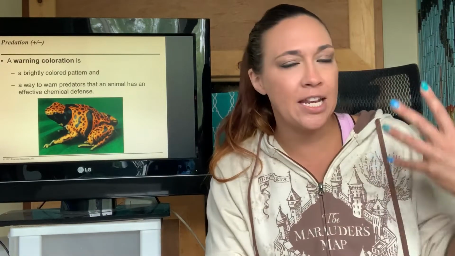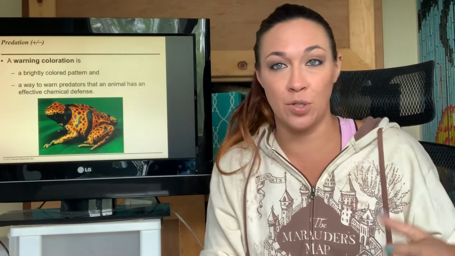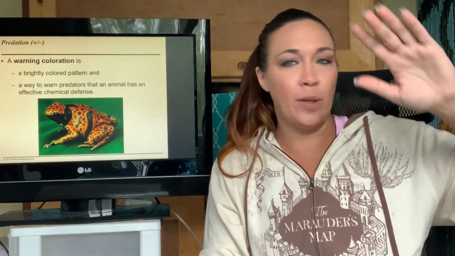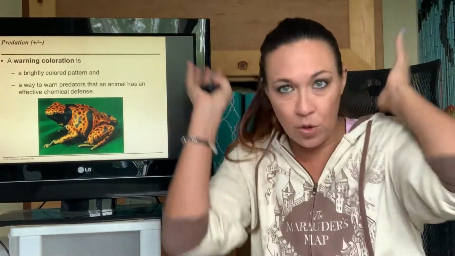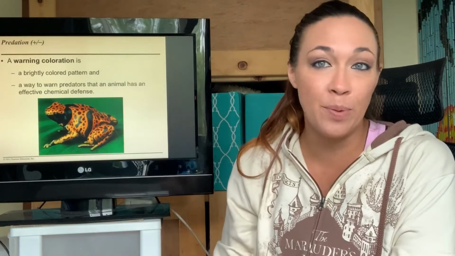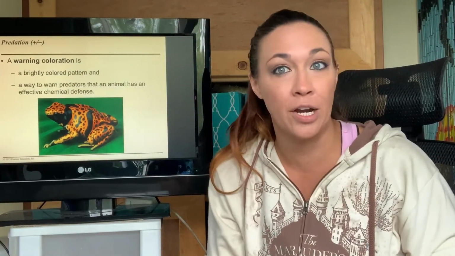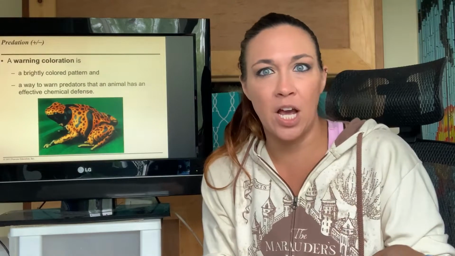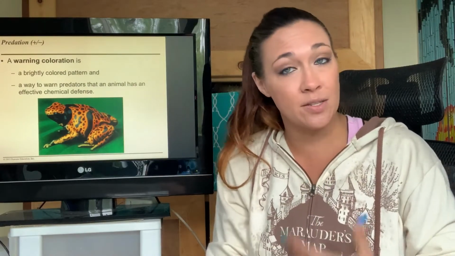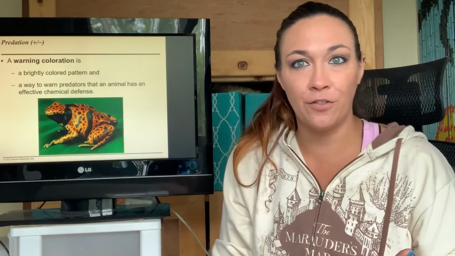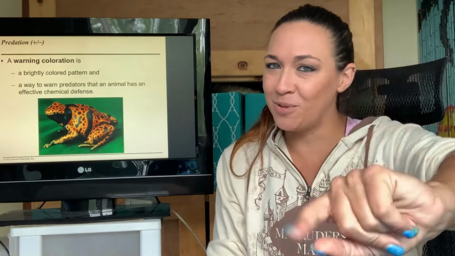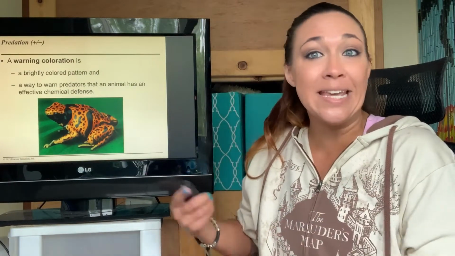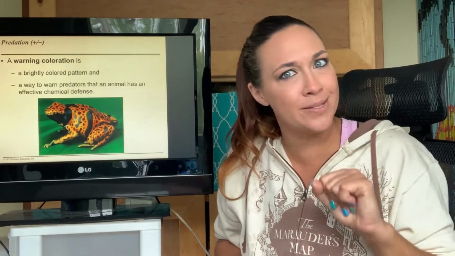And again, this is kind of like an innate thing, or it's a behavioral thing that animals learn. They'll eat a frog once, they'll get really sick. They'll never eat another one of those frogs again. They'll be like, look, you look just like that frog. No. I'm not going to get sick again because of that. So being brightly colored is kind of what's called a warning coloration. Nudibranchs, which are little shell-less snails, essentially, brightly colored. Butterflies, too. All of these things have kind of toxins or poisons in them. They're all brightly colorful so that they let anyone know, hey, don't mess with me. I'm bright for a reason because I am poisonous. So it avoids them being eaten by predators because predators know, hey, that made me sick one time. I'm not going to do that again.